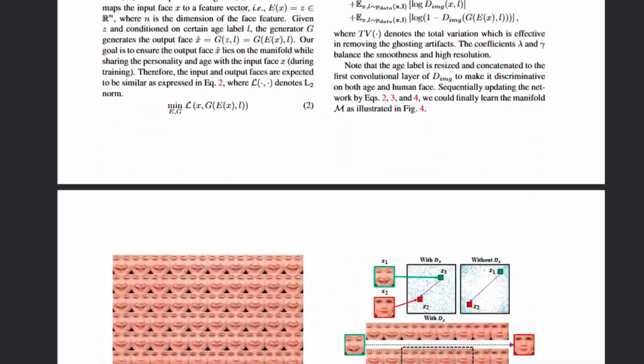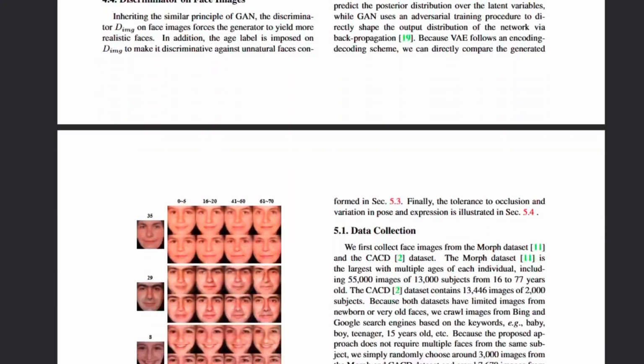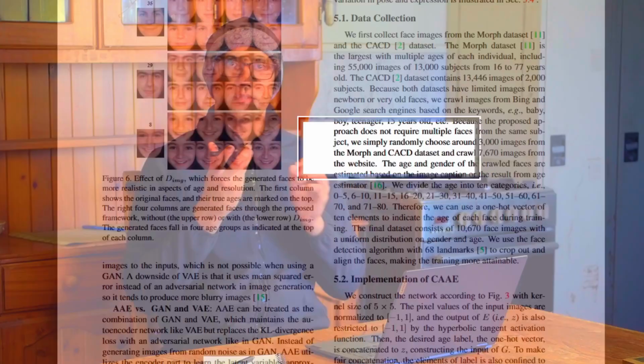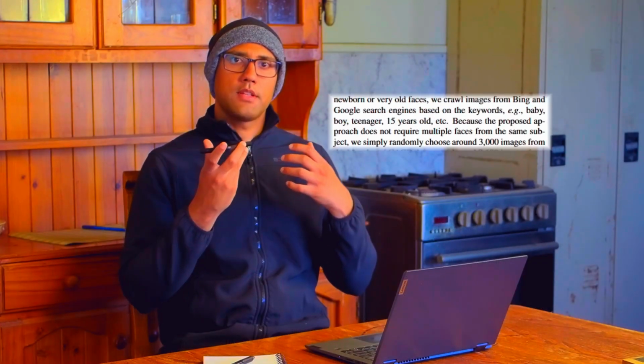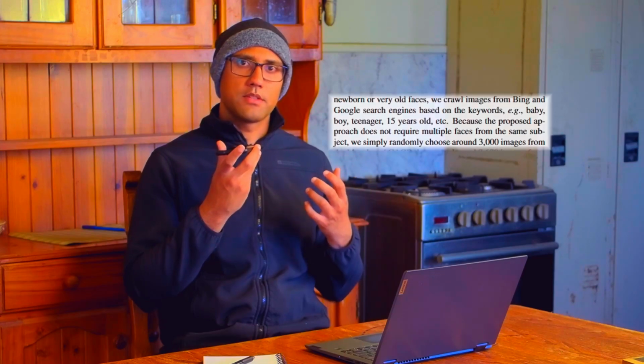Now, this dataset was actually constructed by searching for a set of keywords such as 15-year-old boy, and scraping all of the images that popped up and using the caption associated with those images or an age estimation algorithm to actually figure out the age of those people in those images. So again, I might be wrong with the association of this paper with the dataset. Maybe there is a different way that they constructed the dataset, but that was all of the information that I found.